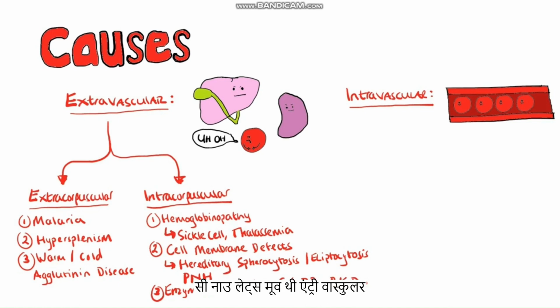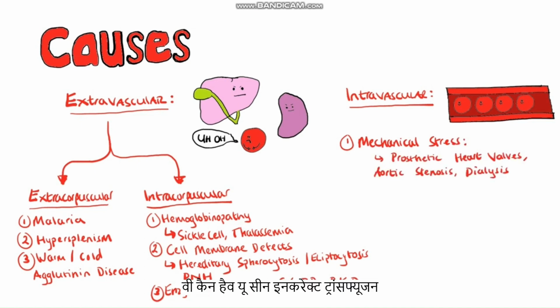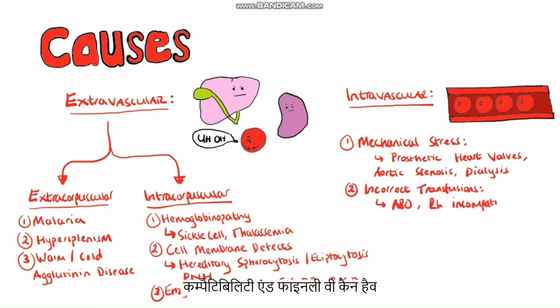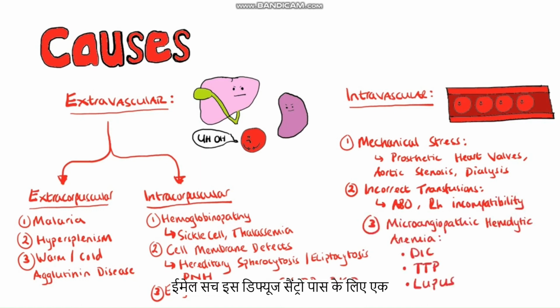Now let's move to the intravascular hemolytic anemia. Here, the hemolysis is occurring within the vessels themselves. So we can have that from mechanical stress, for example from prosthetic heart valves, aortic stenosis, or even dialysis. We can have it due to an incorrect transfusion, for example ABO or rhesus incompatibility. Then finally, we can have it through microangiopathic hemolytic anemia, such as disseminated intravascular coagulation or thrombotic thrombocytopenic purpura, and